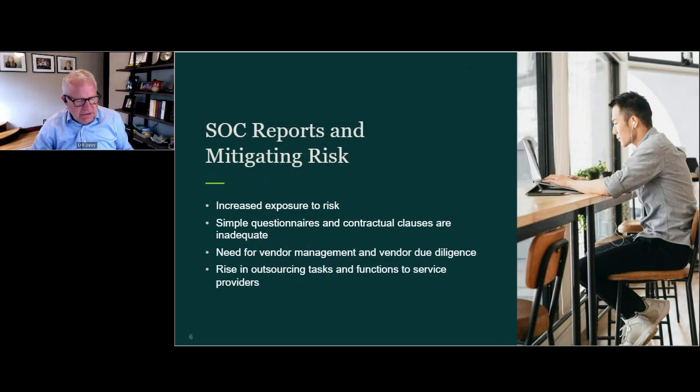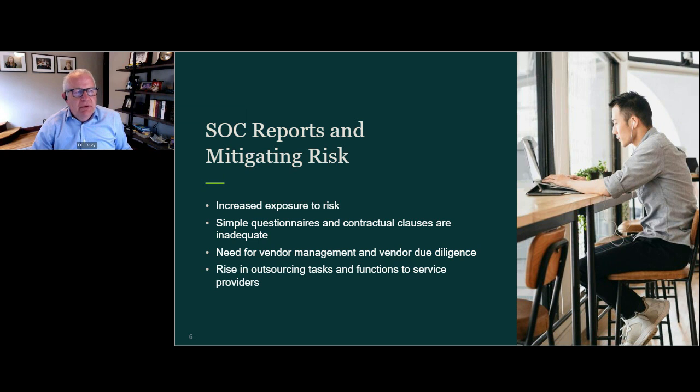As we talk about systems and organizational controls and the impact on plan fiduciary obligations, we certainly have seen that, specific to cybersecurity risk or even just general operational risk relative to the plan, plan sponsors are spending more time reviewing the increased exposure to risk. There's been a tremendous amount of litigation from a class action perspective, an increase in activity from the Department of Labor relative to audits, and certainly looking at these systems and organizational controls is critical to helping mitigate and address those